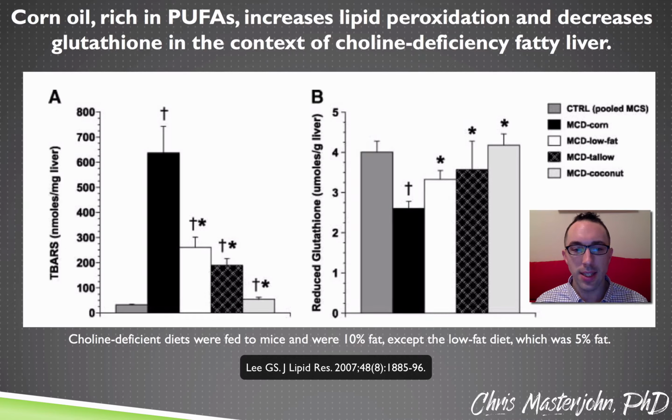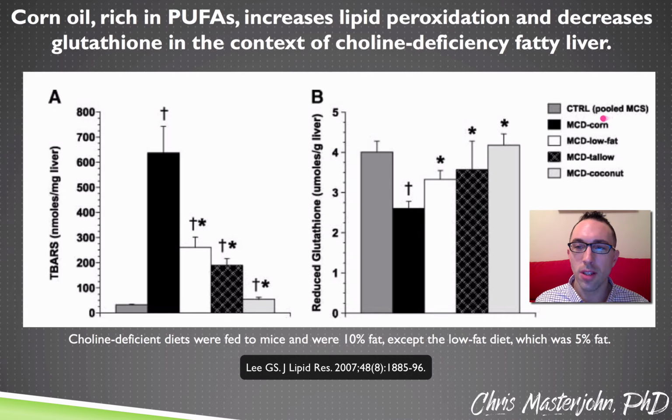And these mice then, regardless of where the fat comes from, whether it's synthesized in the liver or whether it comes from adipose tissue or dietary fat, can't export triglycerides from their liver, so all of them, regardless of what they're fed, should have very fatty livers. In making all of the mice have fatty liver, they then manipulated the type and amount of fat in the diet in order to see what impact they have on the second hit of fatty liver disease, the progression from simple steatosis to the oxidative stress and inflammation that characterizes NASH.